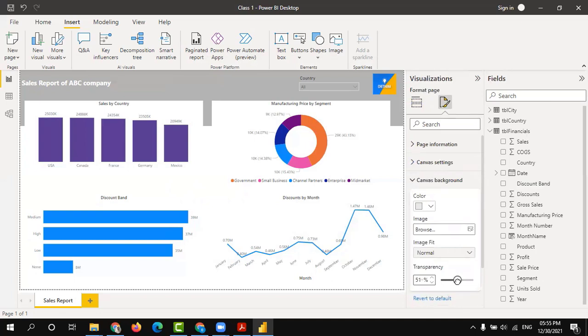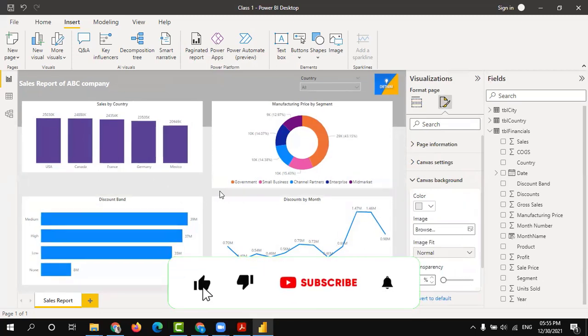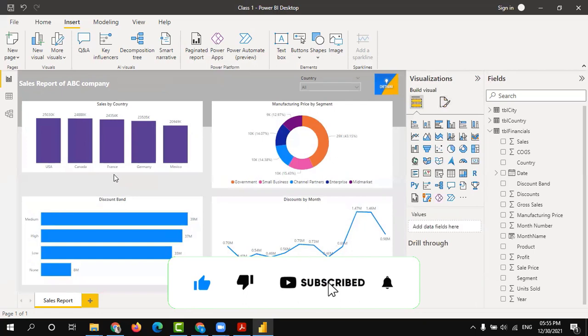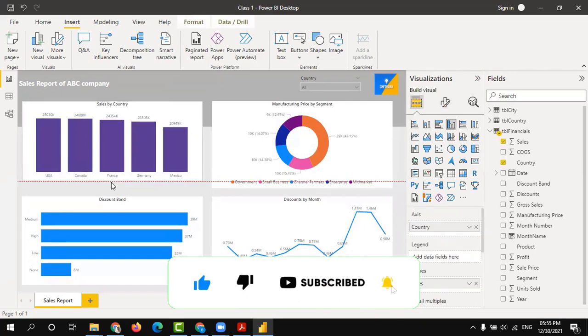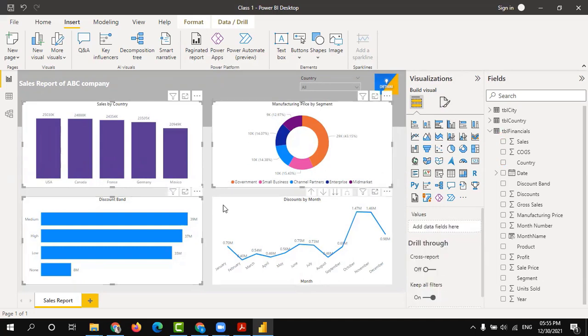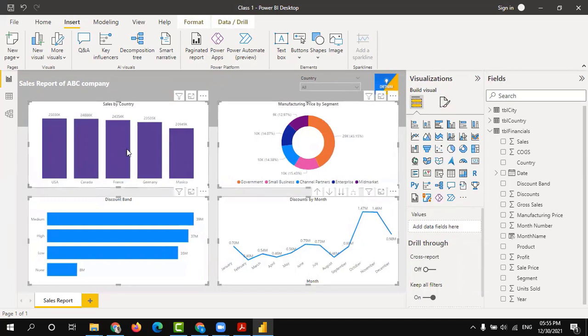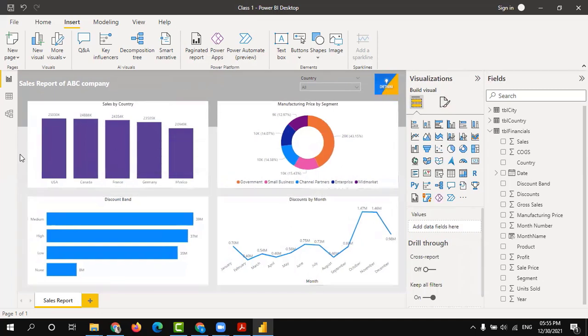Just reduce the transparency. So this is how you can format and align all the objects together.